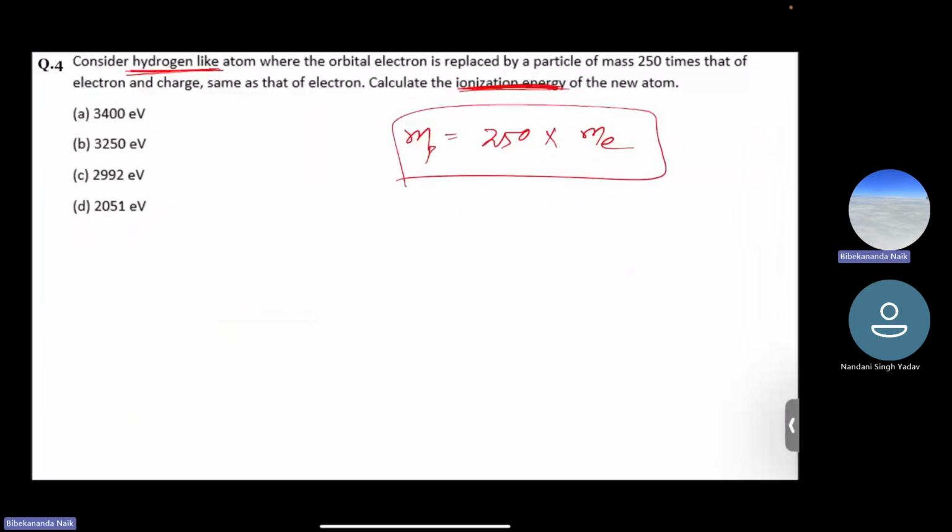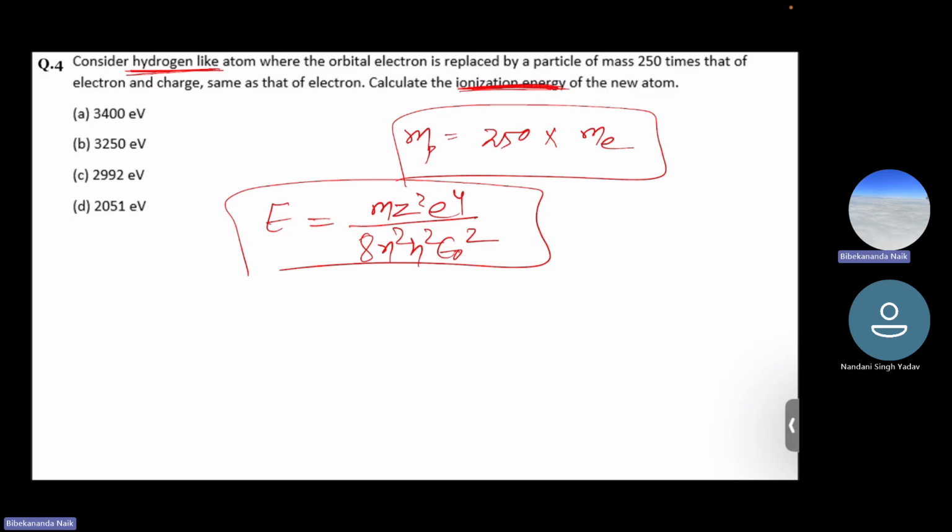So if you want to calculate the ionization energy, first we need to calculate the expression for energy. So what will be the expression for energy? The energy expression is equal to m z square e fourth divided by 8 n square h square epsilon 0 square. So this is the expression for energy. Now for this hydrogen-like atom, this Me will be replaced by mu,